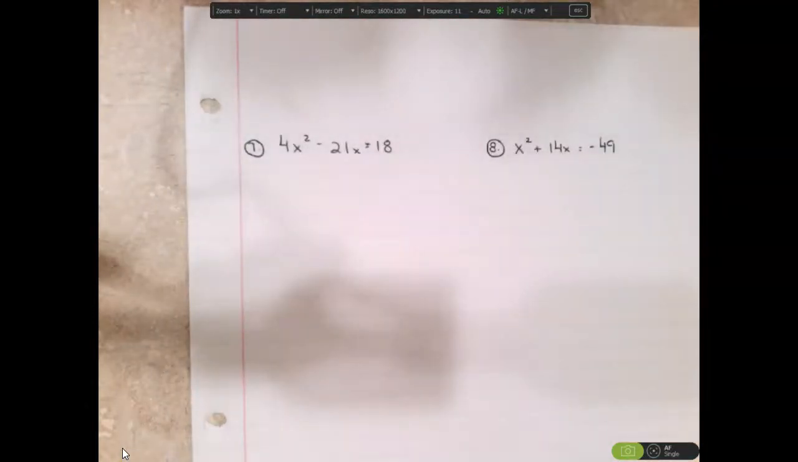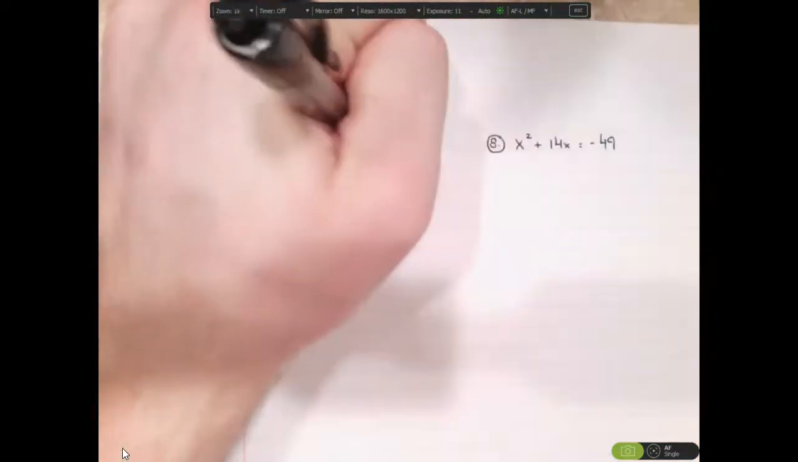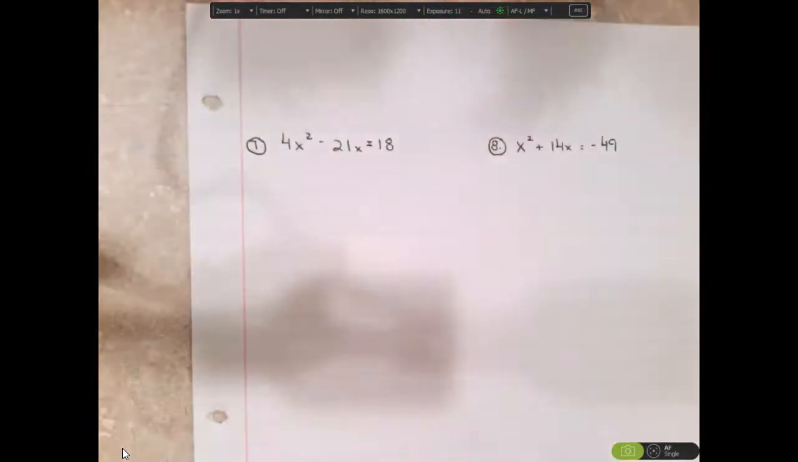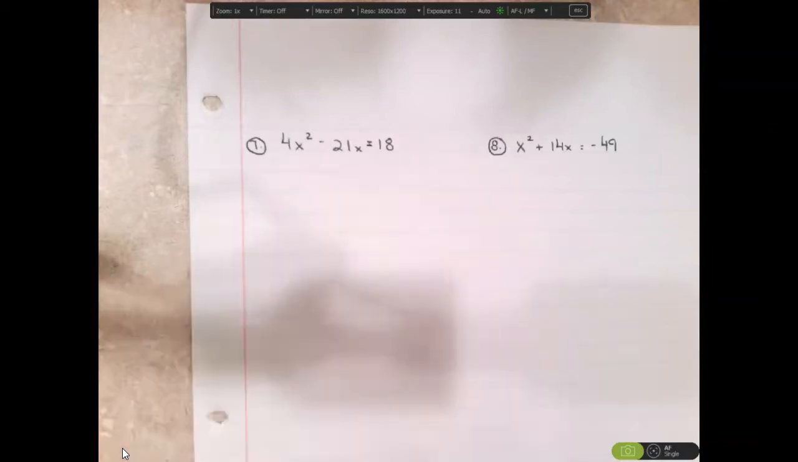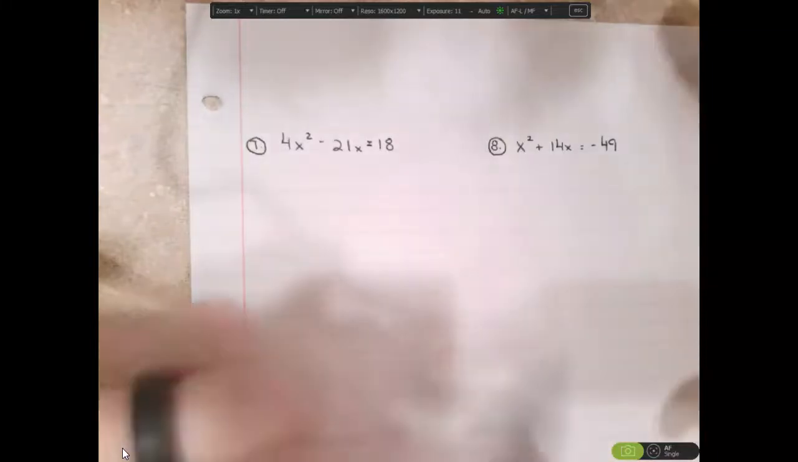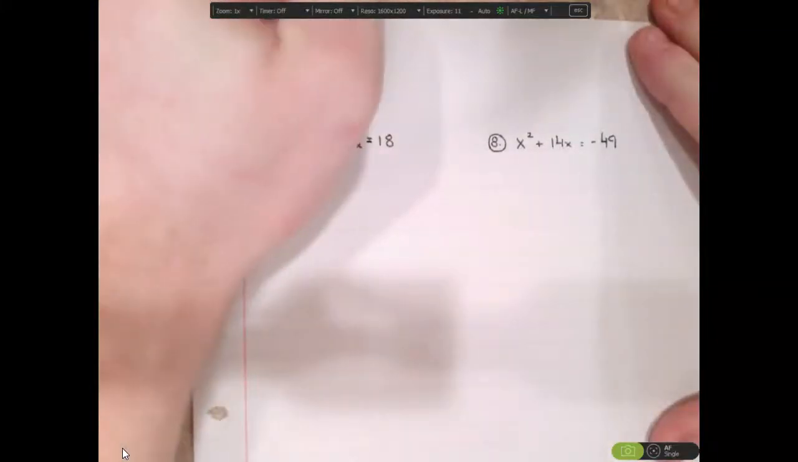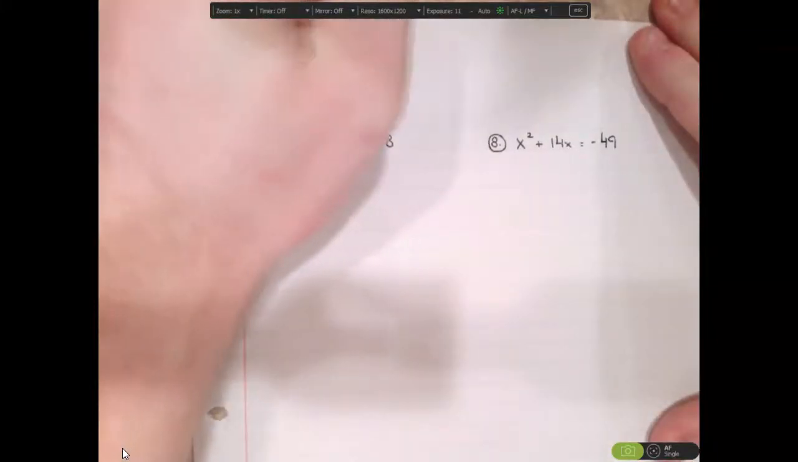So let's look at number 7. Number 7 is a little different than what we've been working with. So I have 4x squared minus 21x equals 18. On this problem, it's not equal to 0 like it is on our other problems. We need to change that. We need to put it into what we call standard form. And standard form, go ahead and write that in our notes,